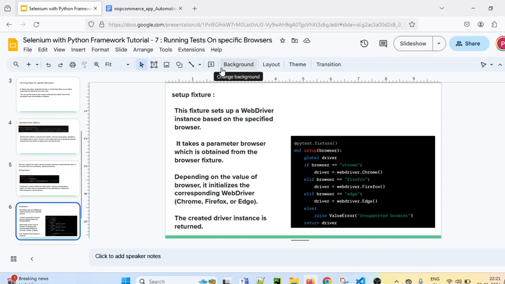So thanks for watching this video. In the coming session we will see how to execute multiple test cases parallelly at the same time. So far we are executing the test cases sequentially, right? The first test case is executed, after that the second test case gets executed, after that the third one gets executed. This is in a sequential manner. Let's say I want to execute all three test cases in one attempt. At the same time I want to launch three driver instances and all three test cases should get executed at the same time. That we will see in the coming session. Thank you for watching this video.